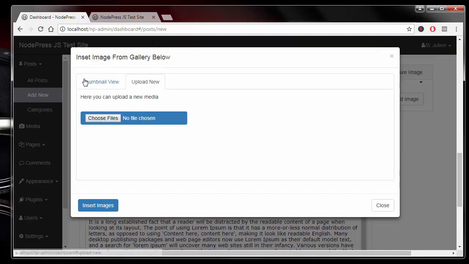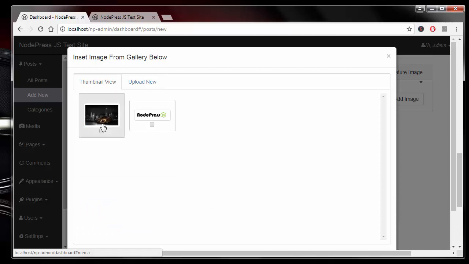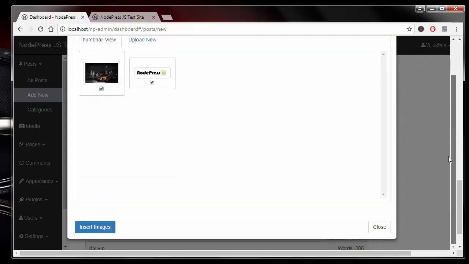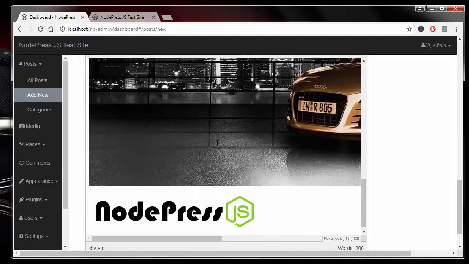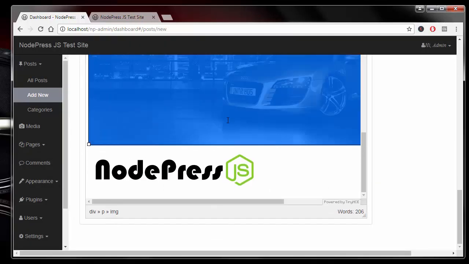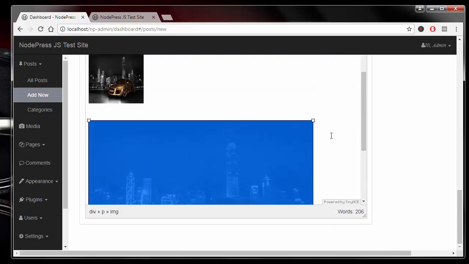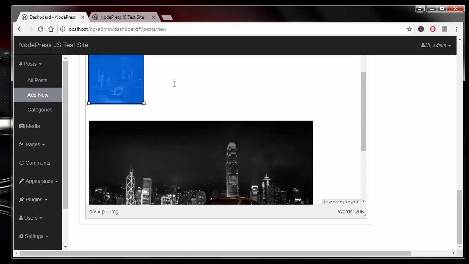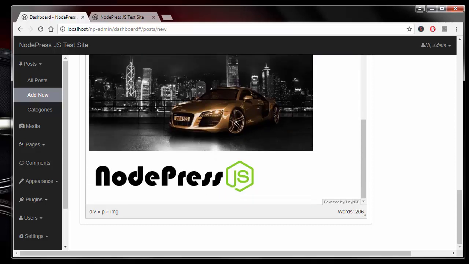If you want to upload, you can upload the images here, or under the thumbnail view, you could just simply click on it as you go. And then insert it. And then there it is. I'm just going to make them a little smaller because they look way too big. So there it is. So this is the one that I individually did, and the below ones are the ones that I inserted with the